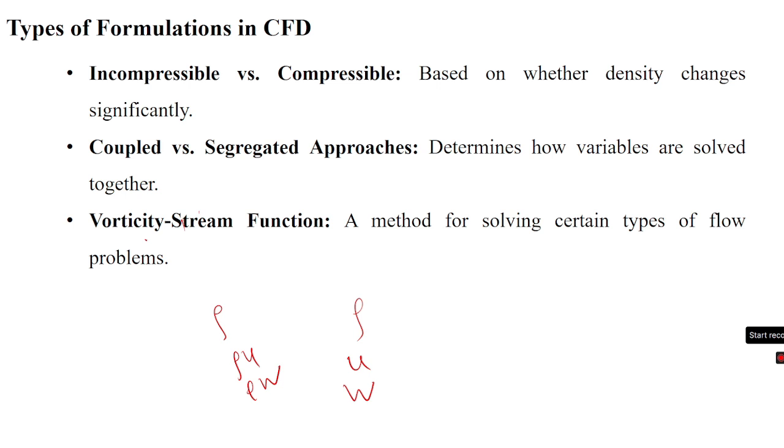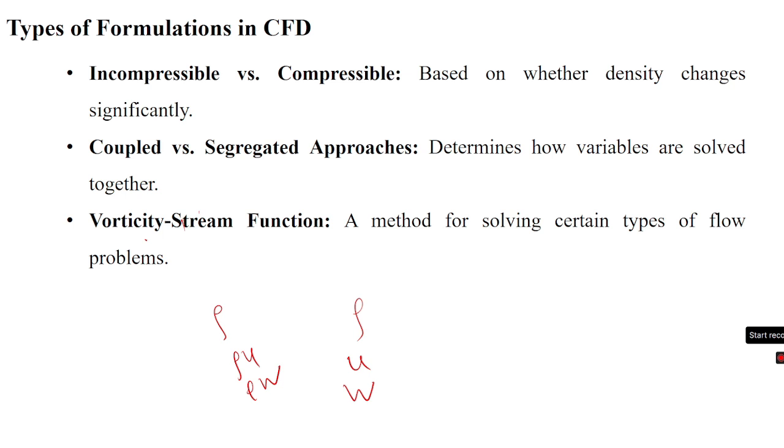And again, there are Cartesian coordinate systems and curvilinear coordinate systems. The Cartesian coordinate system is easier to handle mathematically and computationally, and it is often used for simple geometries. But the curvilinear coordinate system is used for more complex geometry, as it allows better alignment with the body or